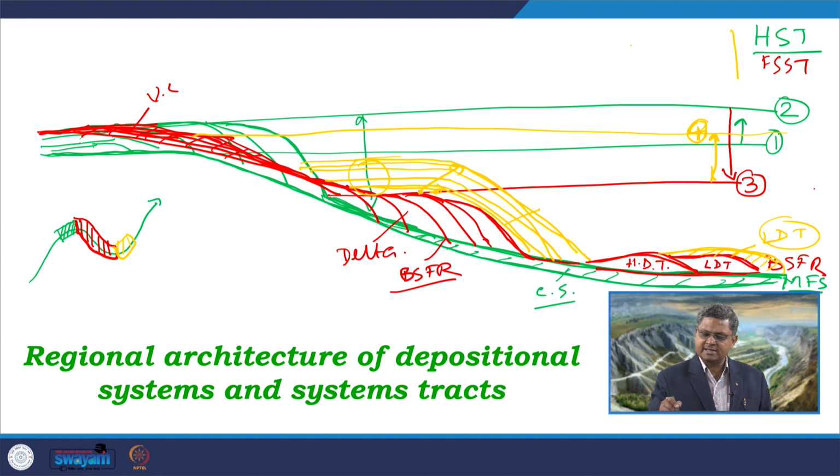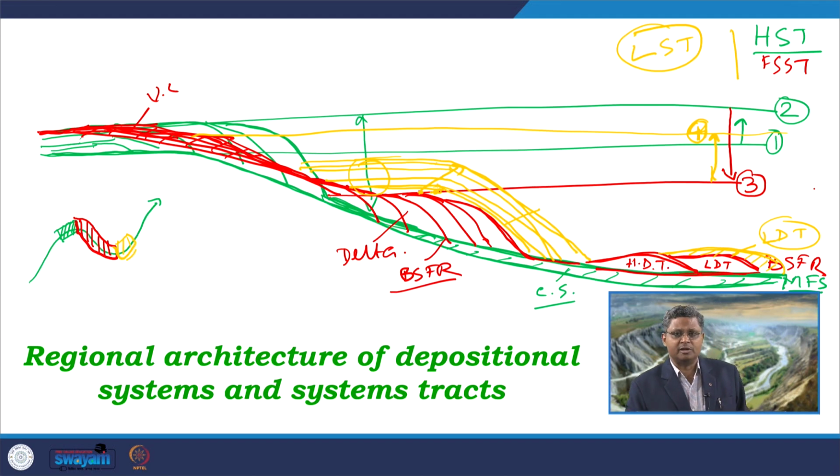So this part is actually representing the lowstand systems tract, which is a normal regression formed during this rising phase of the base level. The lowstand systems tract will produce a normal regressive package, a progradational package where the aggradation will be less, but only in the fluvial part we can expect aggradation with some onlap of the fluvial system.